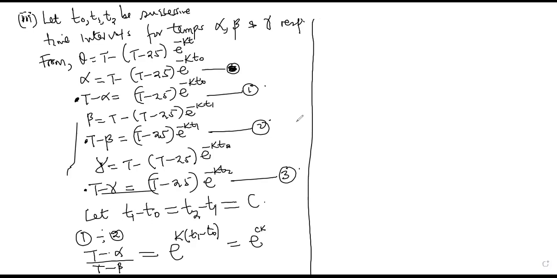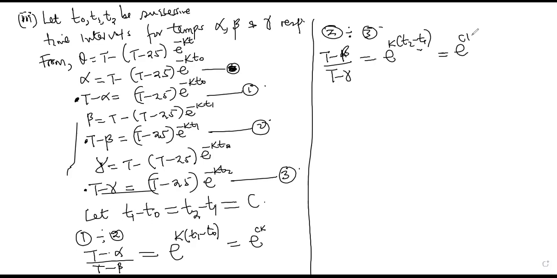equation 2 and 3. Equation 2 divided by equation 3, so it means that I will have (t − α)/(t − β) over (t − β)/(t − γ), and this is going to be equal to e^(k(t2 − t1)), which is also equal to e^(ck), since this is a constant. Now, implying that I have this e^(ck) and I have this e^(ck), so they are equal, meaning that